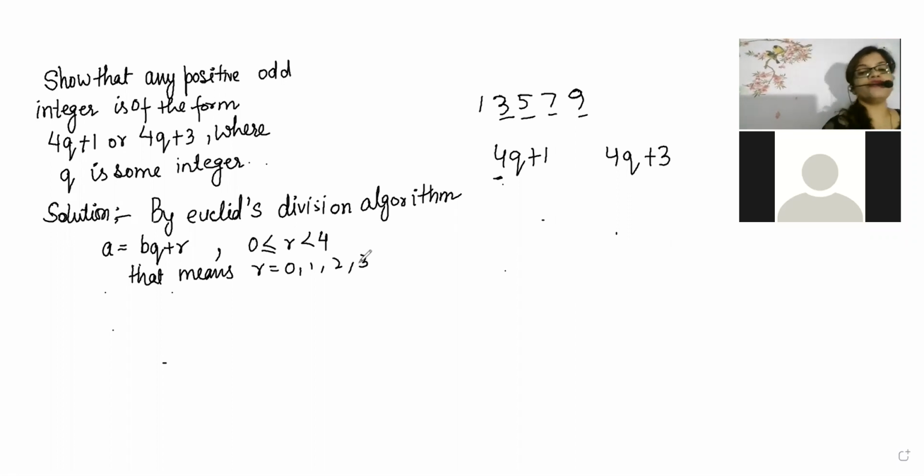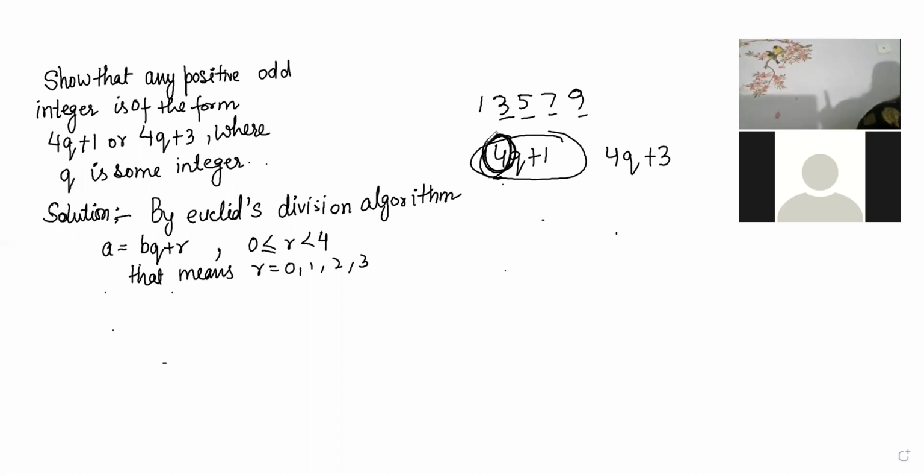So what I told you, first you have to start with the Euclid division algorithm. When you start with it, you write dividend is equal to divisor into quotient plus remainder. And then you restrict the remainder. By seeing the question, you have to restrict the remainder. Again and again I am telling you, this is 4, so the remainder will always be less than 4. Beta, what is the divisor? The remainder should always be less than the divisor. And here 4 is the divisor.